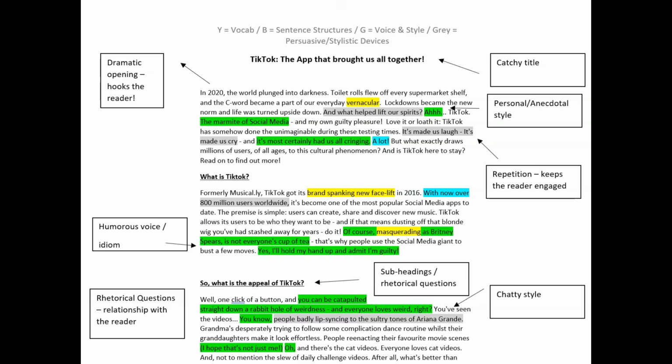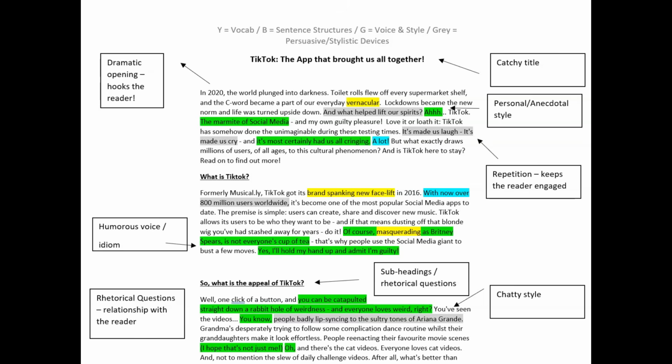Of course, I've not highlighted everything. There are conscious choices which I have made throughout, but I just want to go through a few of them. So of course your opening is really, really important. And if you've watched my other videos, I refer to it as hooking the audience in. It's really important that you grab their attention straight away. And I've tried to achieve this with quite a dramatic opening.